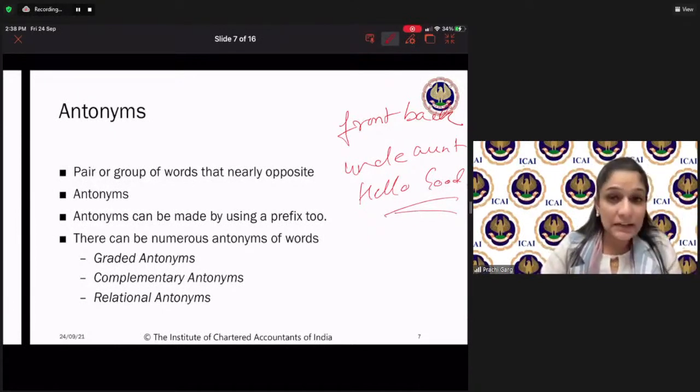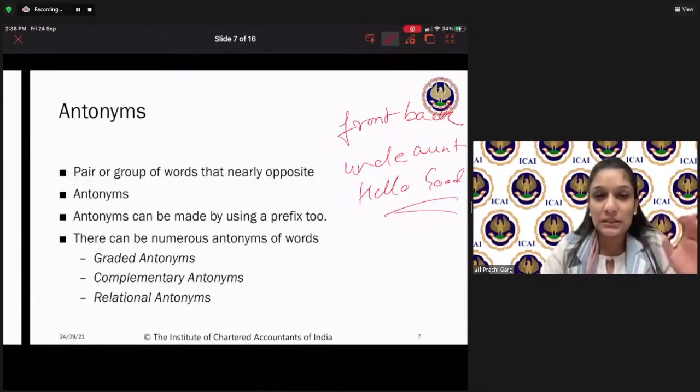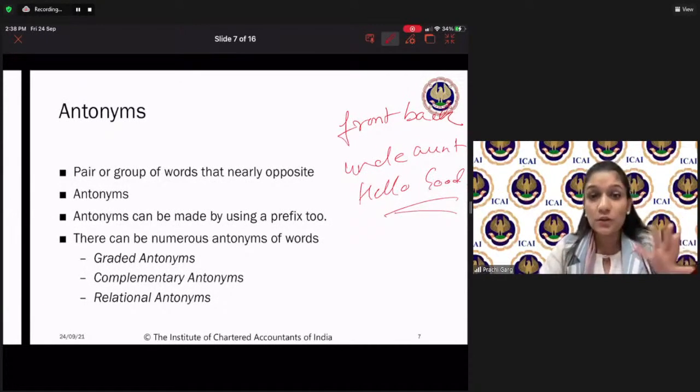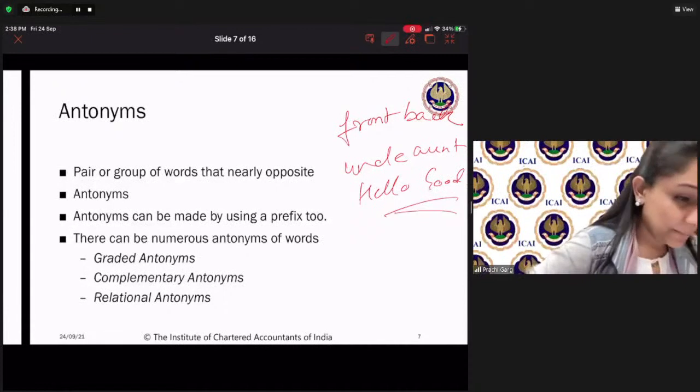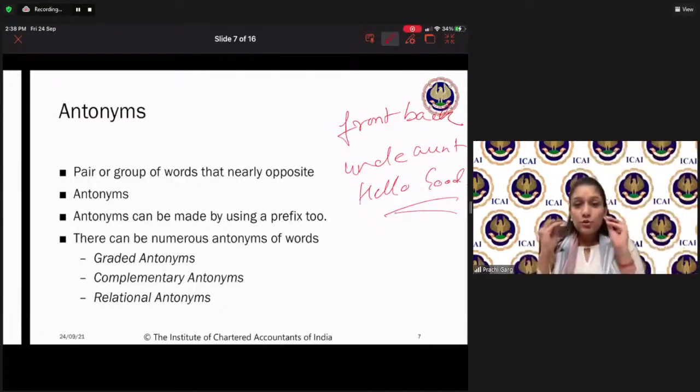Next comes the graded one. Now, this is a set of pairs which are responsible for showing variations between two opposites, such as little and big, antonyms. But you will observe a lot of changes before you get into the opposite meaning. Now, these two words don't have a very strict